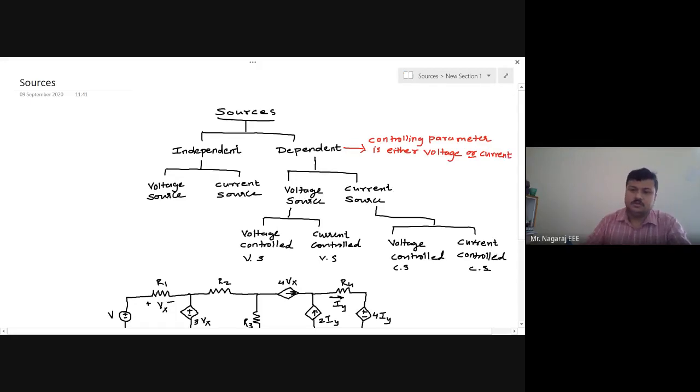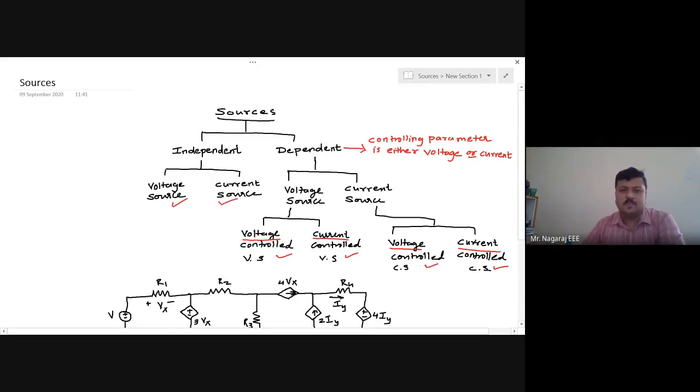A dependent voltage source can be a voltage controlled voltage source or a current controlled voltage source. Vs is voltage source, Cs is current source. And a dependent current source can be a voltage controlled current source or a current controlled current source. So these are the four types of controlled or dependent sources, and these are the two types of uncontrolled